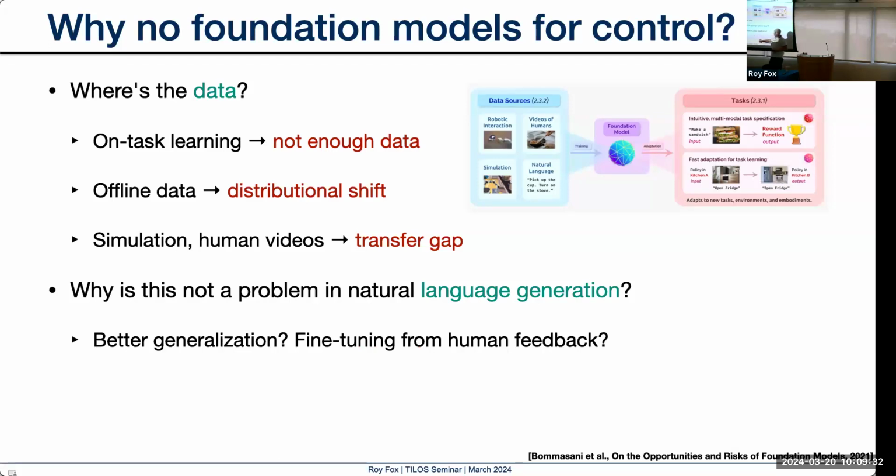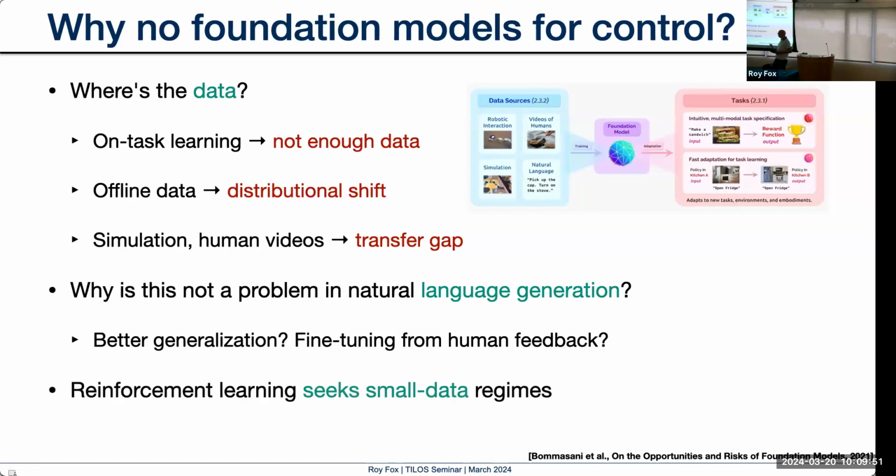Is the fine tuning that we often do from human feedback that last touch that sort of solves this, right? And makes it even more on task. Is that it? I don't think that's entirely the answer. Probably it's part of the answer, but I don't know. I think there's something more that we're not understanding about control. I think the state space is just so large and bizarre, much more than language, right? So if you think of the space of all contexts in language, in control it's a lot larger.